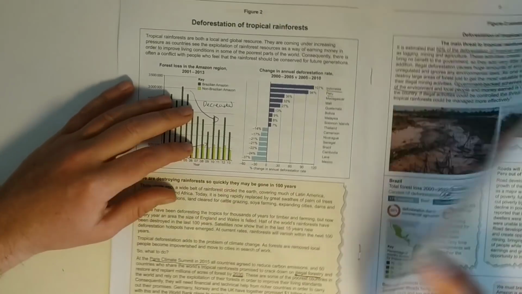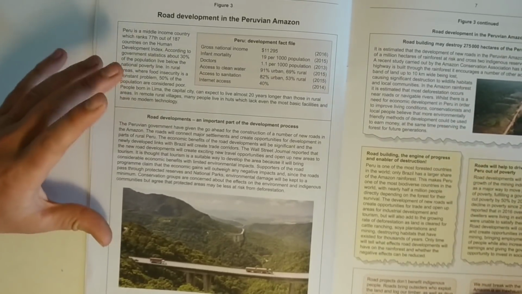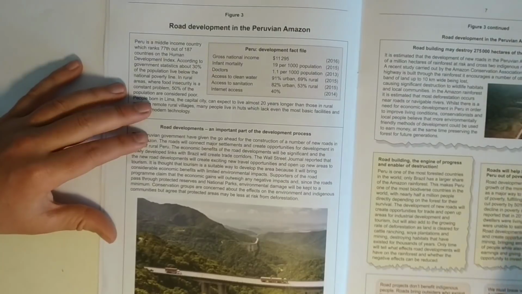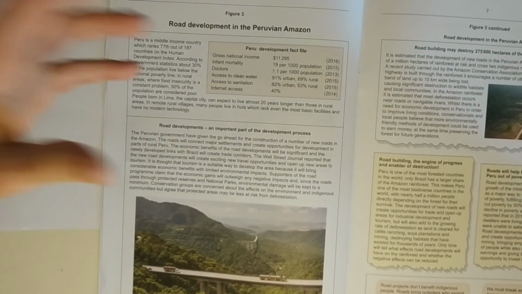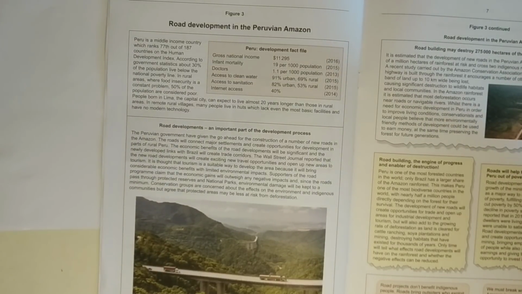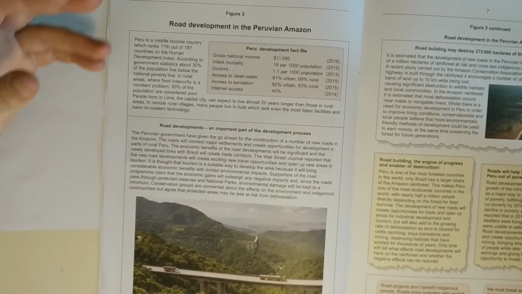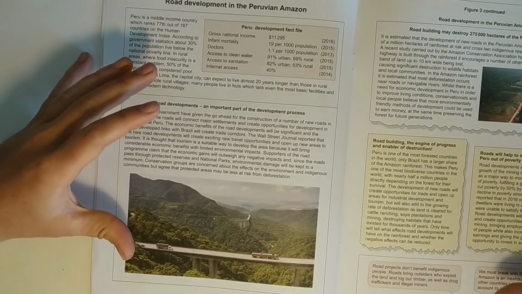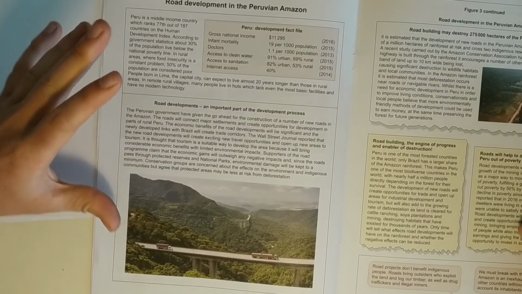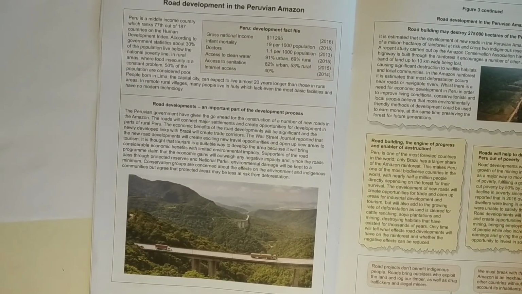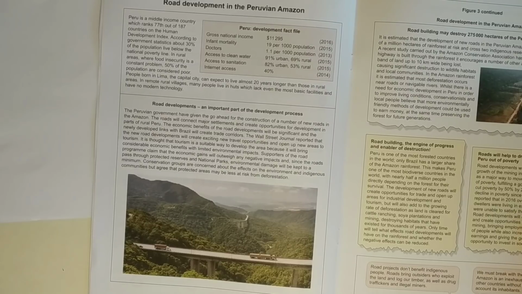Okay, in the next video, we'll have a look at the final page, which is looking at road development in the Peruvian Amazon. And as geographers, as we always say, we start to weigh up the positives versus the negatives, and what impact it has on human development when we start developing some of these places, and what impact that has on the environment as well. And that's ultimately where we led for thinking about the decision-making exercise you have to make.